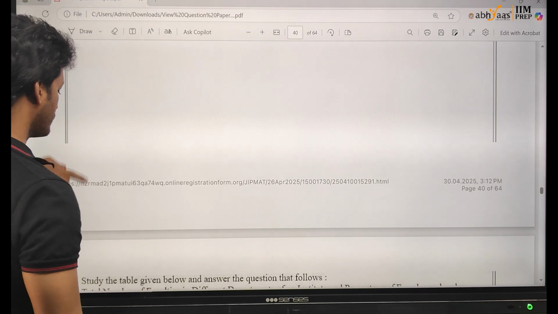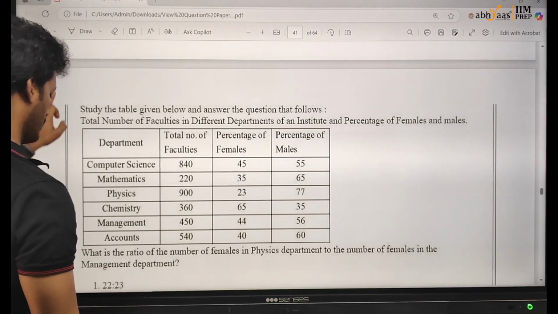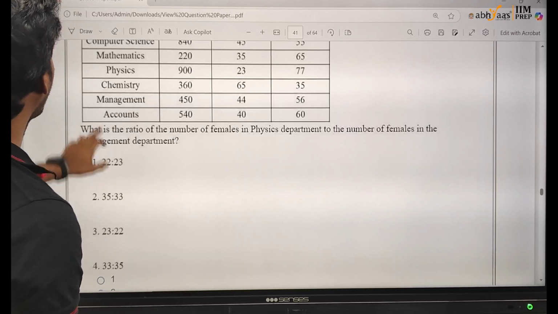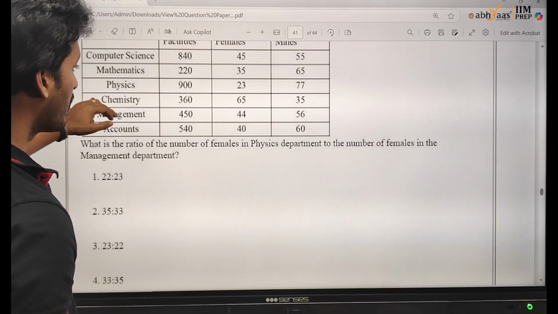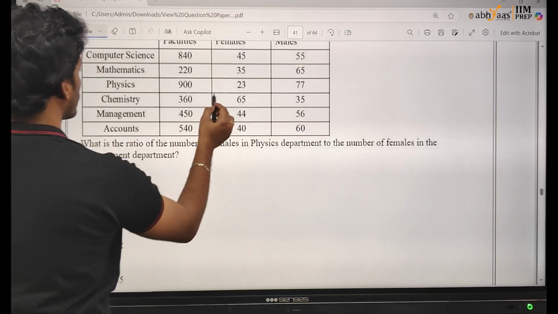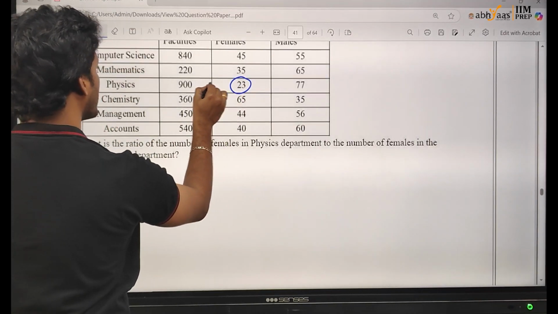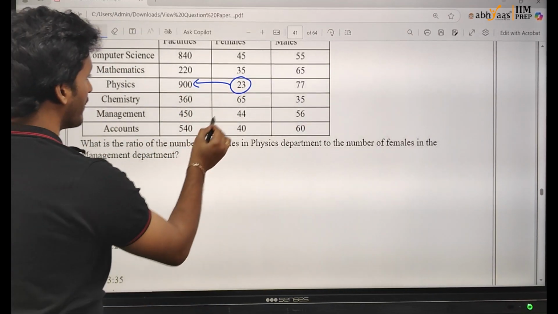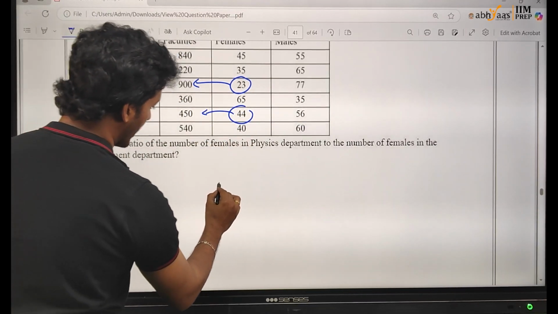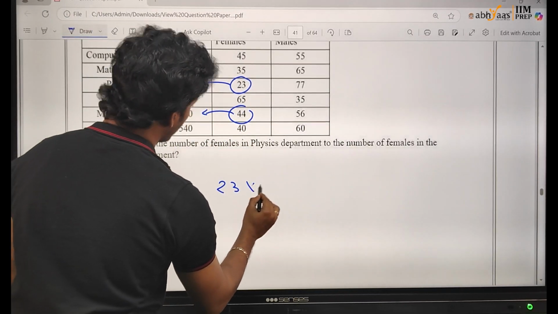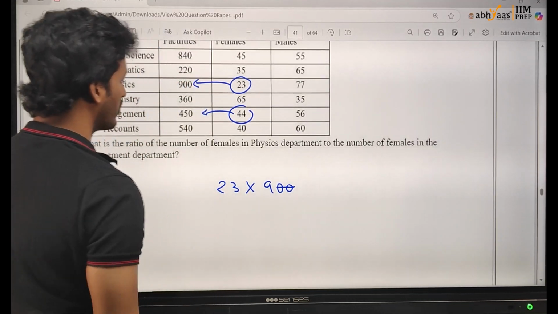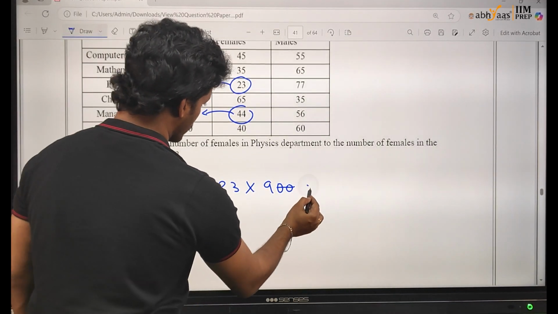The last question. Now they are asking the ratio of number of females in physics department to the number of females in the management department. So physics department has 23 percentage of 900. And management department has 44 percentage of 450. So I have to calculate 23 into 900 divided by 100. So it will be going away. 23 into 9 is to